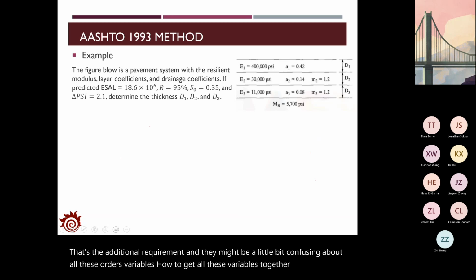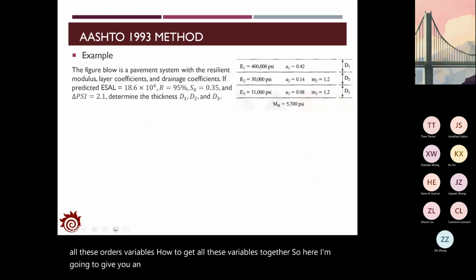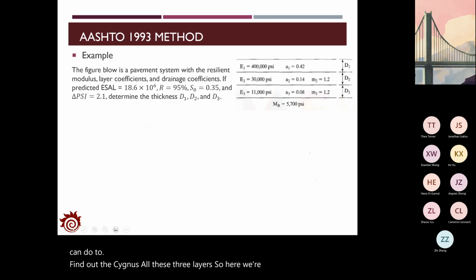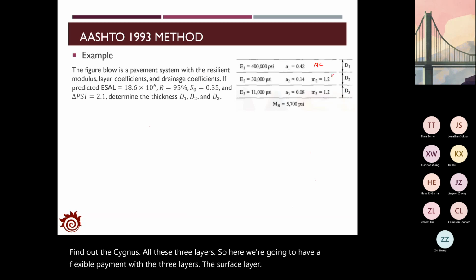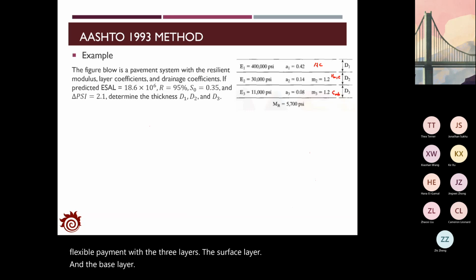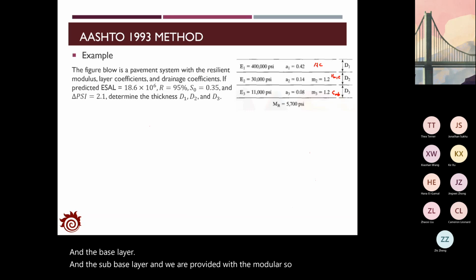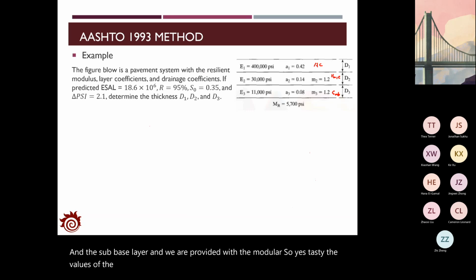So here I'm going to give you an example about how to use the nomograph and what we can do to find out the thickness of the 3 layers. So here we have a flexible pavement with 3 layers, the surface layer, the base layer, and the sub-base layer. And we are provided with the modulus of elasticity, the values of alpha 1, alpha 2, m2, and we also know the